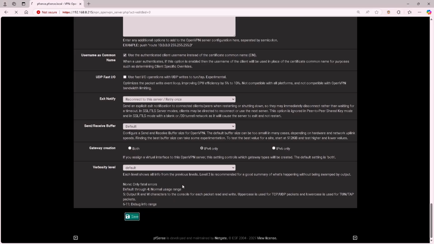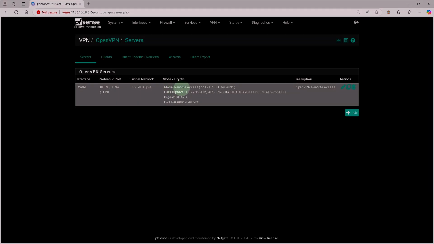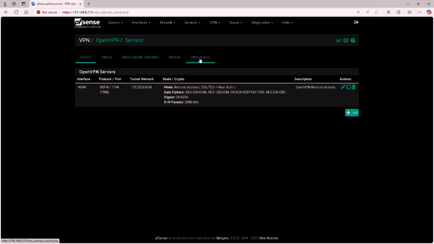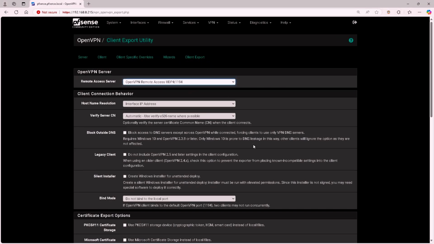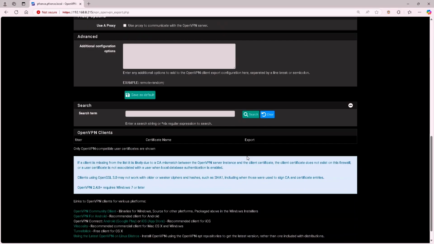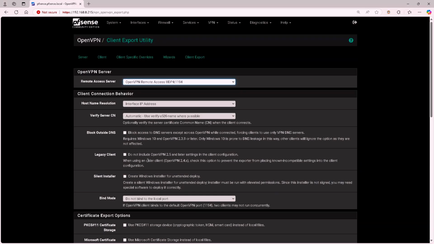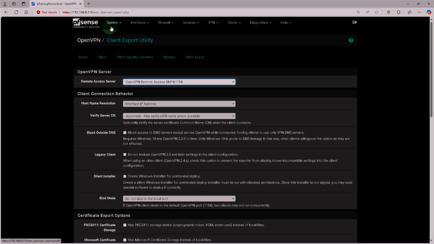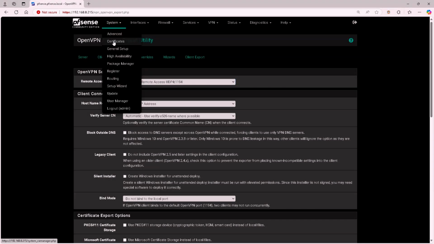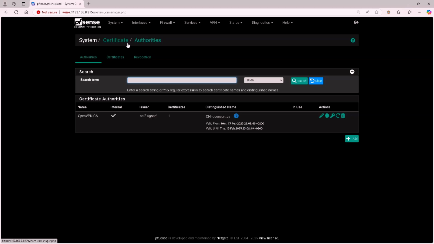We just changed the OpenVPN server remote access method type to SSL/TLS plus user auth in order to have a per user certificate configuration file. Go to Client Export and let's see what we have for the OpenVPN configuration file. Under OpenVPN clients, we don't have anything to download. Why is that? Since we changed the server mode method to include SSL/TLS besides user auth, we need to create a user certificate first. We go to System, Certificates, click the Certificates tab,